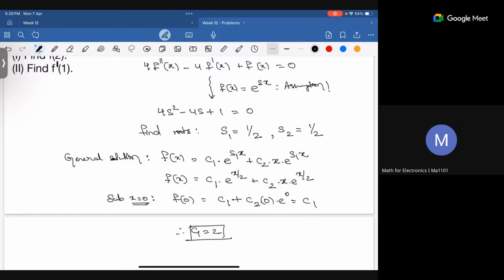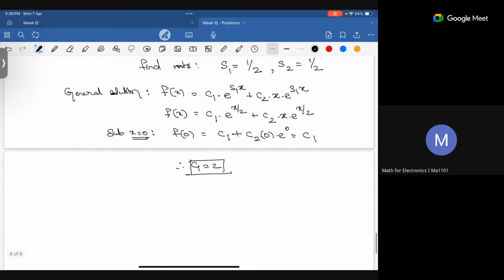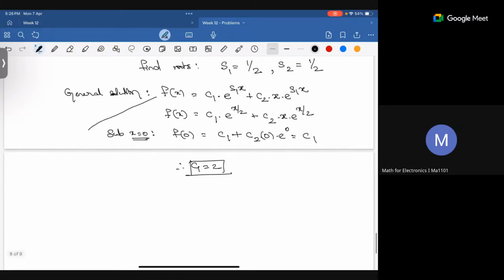Okay, so from there you will get c1. How do I get c2? I will take this derivative, not this, and differentiate. If I differentiate the whole equation with respect to x, I will have f prime of x equals c1 into half e power x by 2, because the derivative of e power x by 2 is half into e power x by 2,